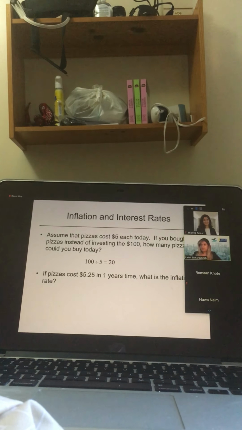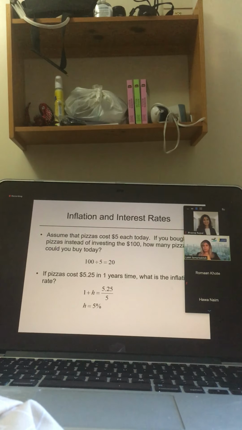Maurizio says 5%. Harsimaran, the same. Grant, Raymond, good job. That is correct. This is how you guys did it, right? Basically, you can also use your calculator. 5.25 is the future value, 5 is present value. You ask for the rate, and you find that the rate is 5%, and that's your inflation rate. That's correct, Jessica and David. So 5% is the inflation rate in this economy that we're talking about.